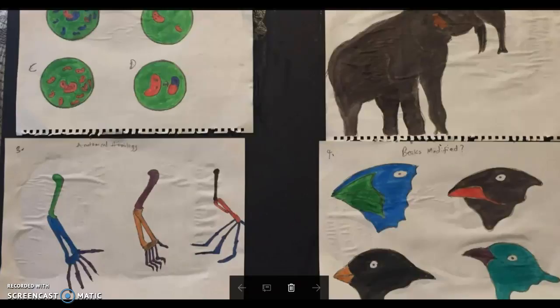The third section talks about the homology in mammals. The homology of these three mammals: the first is the human, the second is the cat, and the third is the bat. So the homology of these three mammals shows similarity of structure, physiology, or development of different species of organisms based upon their descent from a common evolutionary ancestor.